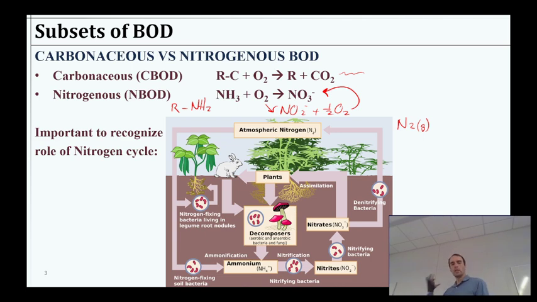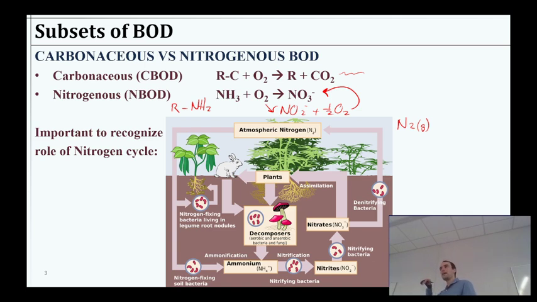We end up with all this organic, or at least bioavailable, nitrogen forms. And once it's in that form, then it takes oxygen to move it back towards the other side of the cycle.